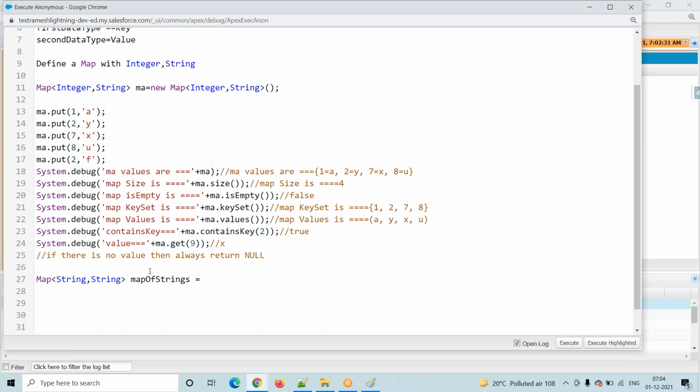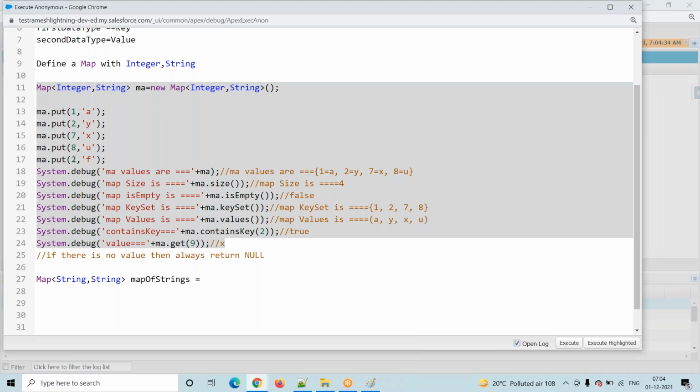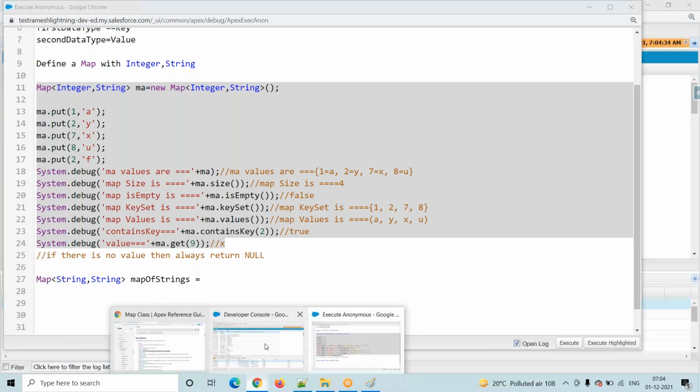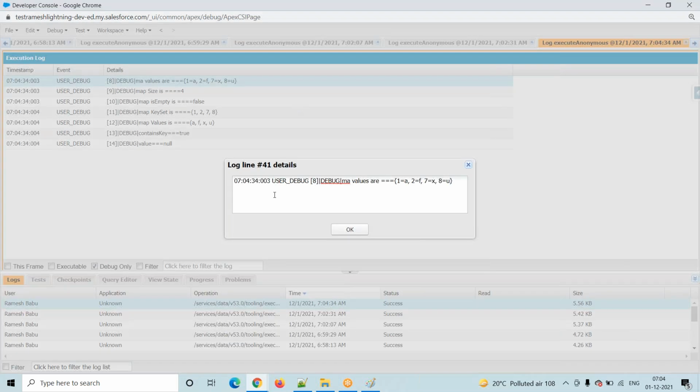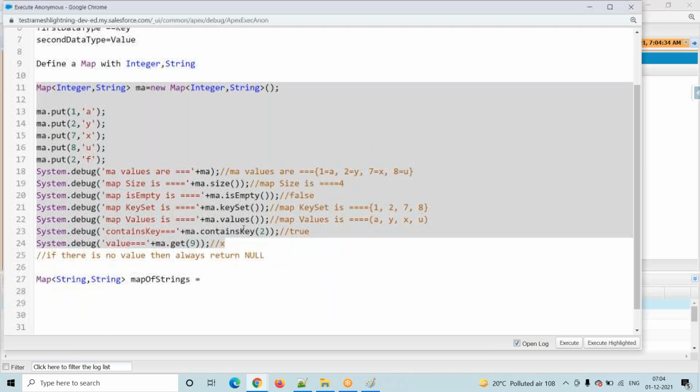Now I will execute this one. Go to here, execute highlighted. The latest value is the one it will take. First we add one value, then it will override with the latest value. Let's go to our debug logs.